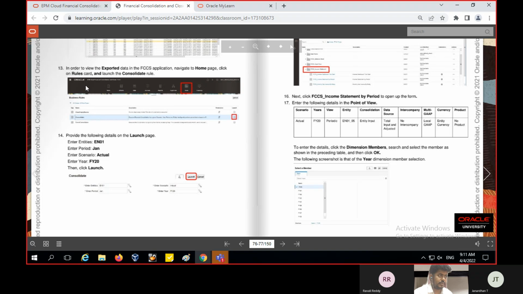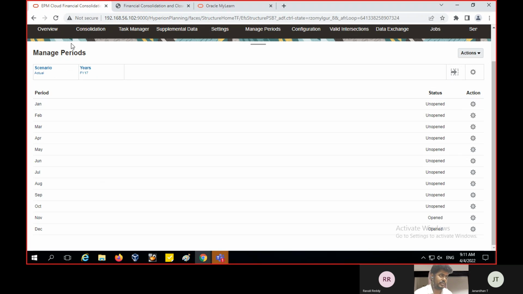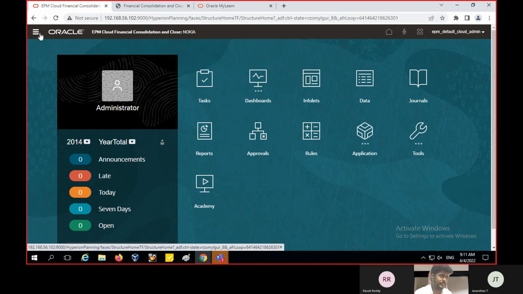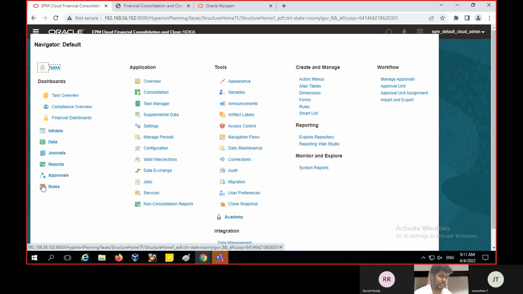Go to the home page, then click on the rules card and consolidate the rules. The rule launch page will display. After that, we have to select EN0 and January actual year FY20, and then click on launch. Then I am going to the application, click on the home page, click on the rules card,